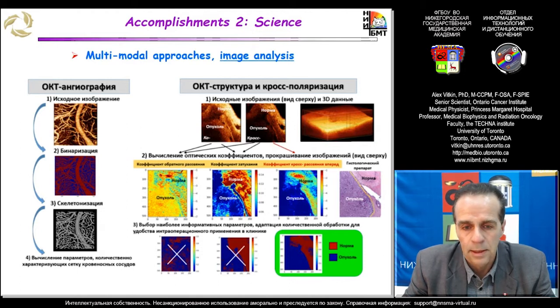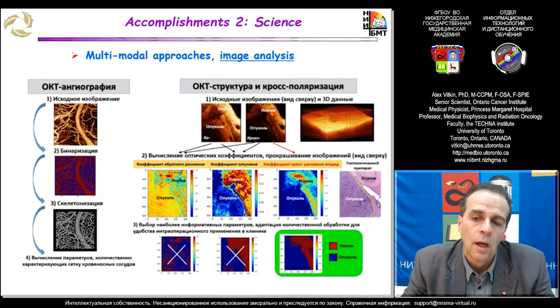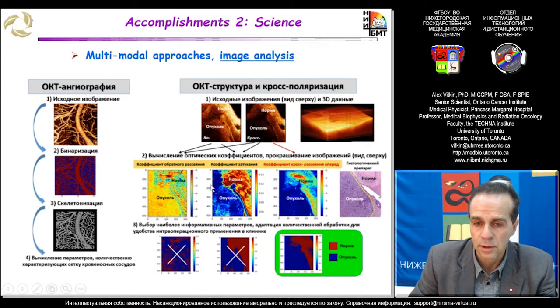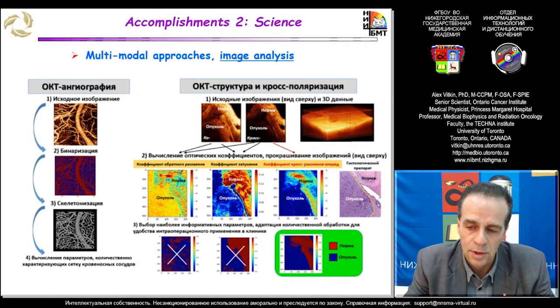On the right side is a similar approach, not a similar approach, but an analogous approach to quantifying the microstructural information. Again, looking at different metrics and coefficients, some of which do work and some which don't work, and some are better predictors, in this case only showing the difference between normal and tumor, which in itself is very important. But again, the next step is to see how this changes longitudinally in vivo in time in response to